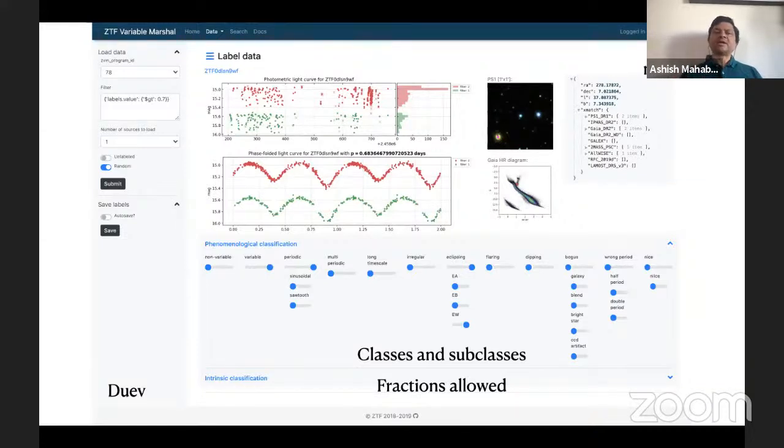So this active learning we found to be very useful. And a lot of metadata is available with this. You see that at the top right. So when one looks at it, one tries to take holistically into account the features that are available, the light curve that you can see. And of course, this is interactive. So what you can do is use a different period if you wanted to, and then zoom in onto a given region to see whether a given point is resulting in some kind of misclassification